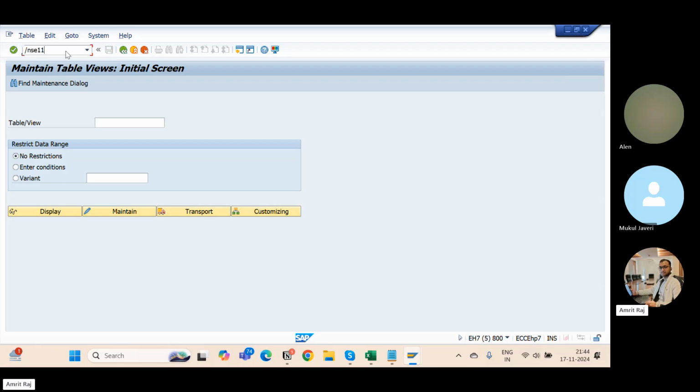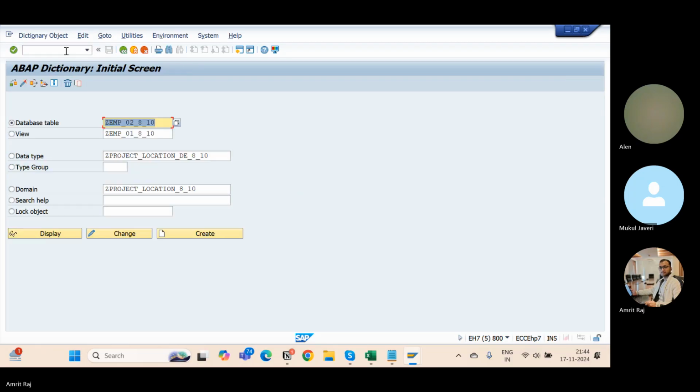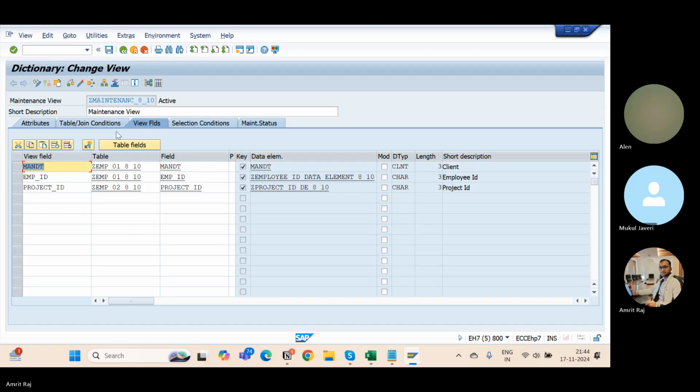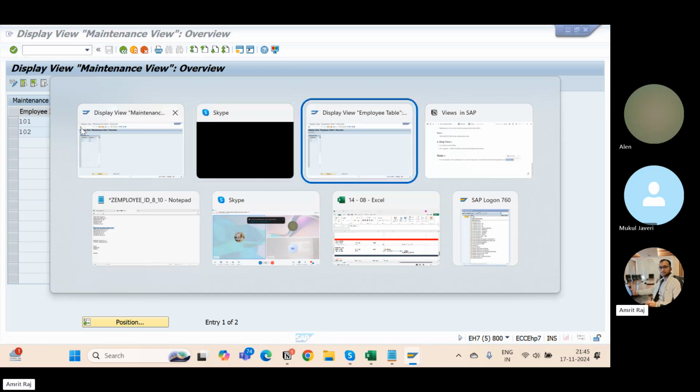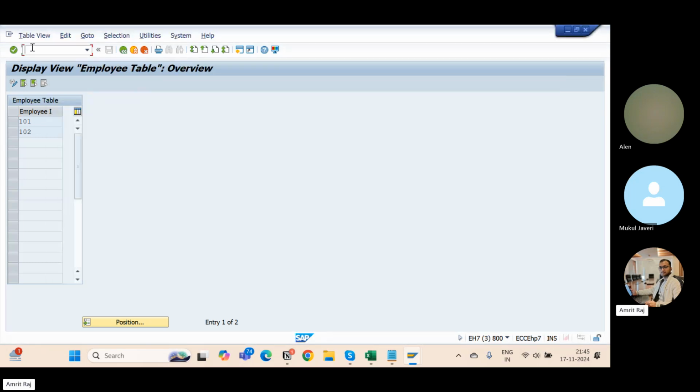Slash n SE11. Yeah, view. Again, go for it. Change, contents. What is the reason for it? I have created the maintenance view. Let's go for our second table,